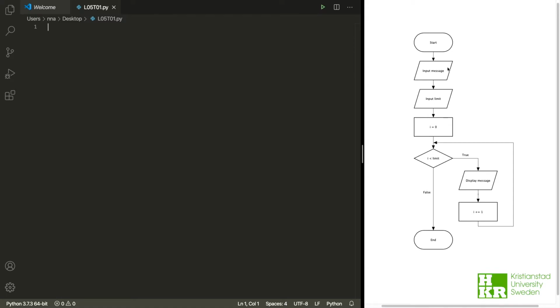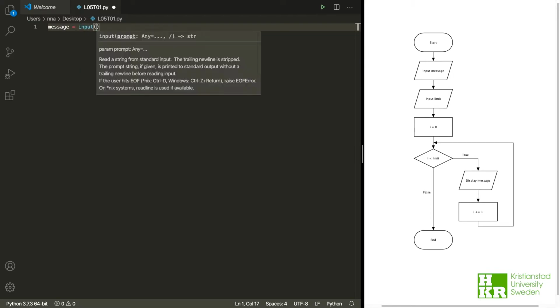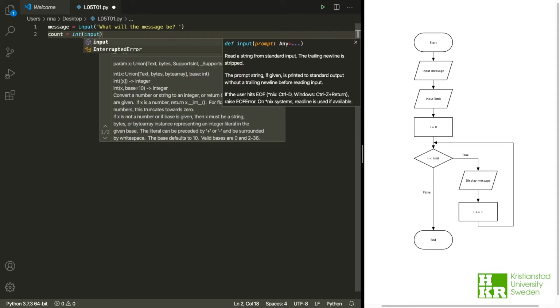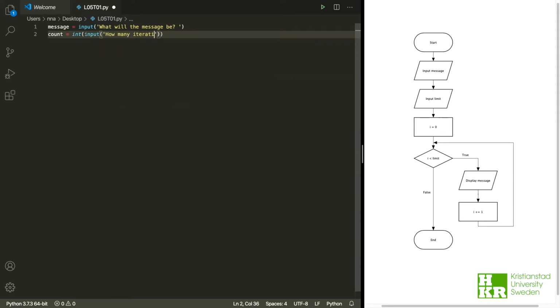But the first thing we need to do is to input a message and how many times we want that to be printed to the screen. And after we have read that information, it's time to take a look at the counter control loop, or the